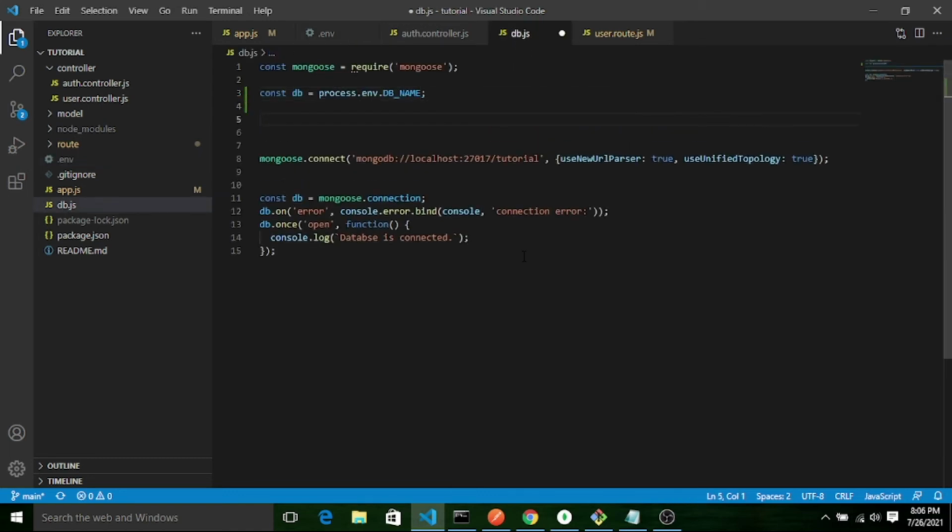Okay, let me create one connection string dynamically. Let's say I am calling it connection str. I will copy this one up to this one, then I will add my db name dynamically.